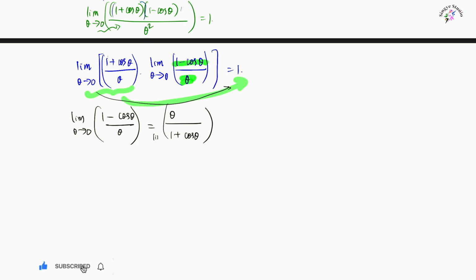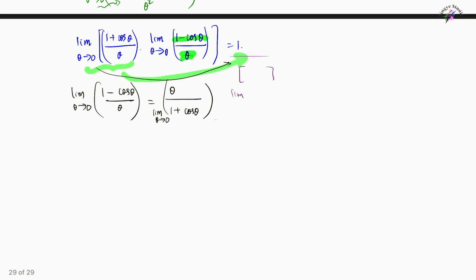If you take the reciprocal here and take the limit, or reciprocal this and take the limit, it will be equal. So now we know that the limit as theta approaches 0 of (1 minus cosine theta) upon theta equals